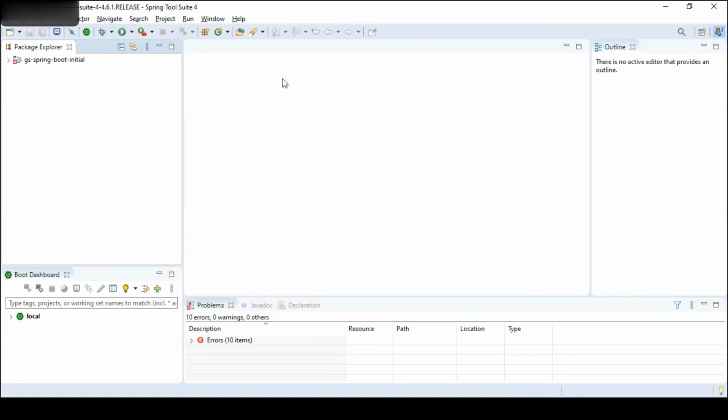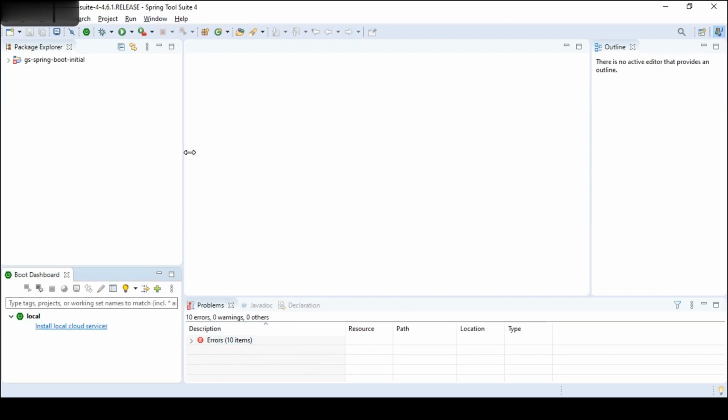So this is the dashboard, this is the project area, and this is the boot dashboard where we can find the information of the servers. And then we have an outline.